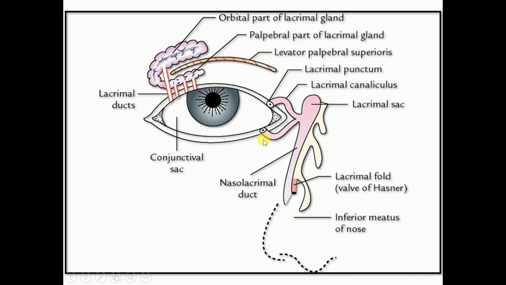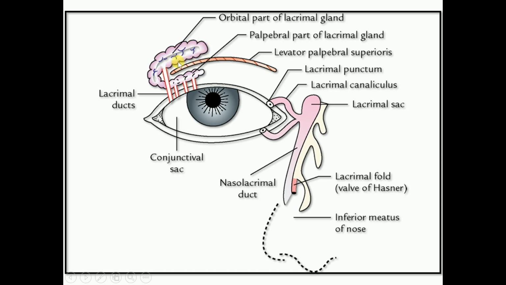Now the lacrimal gland is present on the roof of the orbital cavity, where there is a lacrimal fossa. Most of the lacrimal gland is attached within the lacrimal fossa, and some part is present within the upper eyelid. This lacrimal gland is about J-shaped. It is a serous gland. It has two parts: the orbital part, and a smaller part, the palpebral part of the lacrimal gland. The orbital part is about almond in shape.